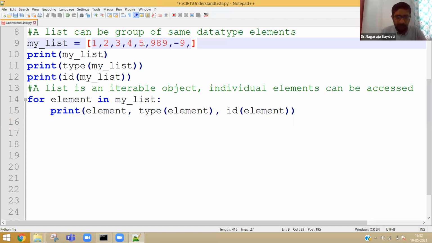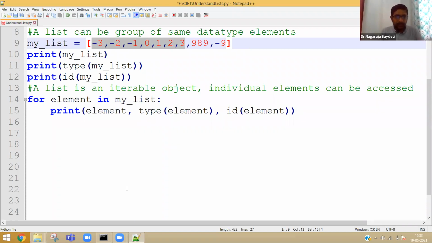And then I am going back to minus 3, minus 2, minus 1, 0, 1, 2, 3, 989 and minus 9. So here, other than the last two values, all other are integer interned values. Why I gave -3, -2, -1, 0, 1, 2, 3, so that you can see the consecutive memory locations also.